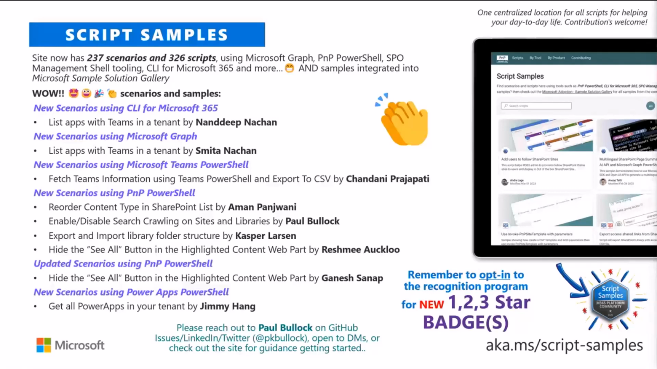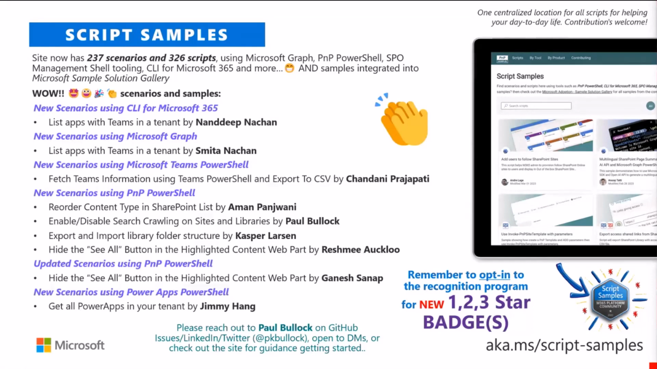So just to run through the list, we've got list apps and teams and tenant by Naveen Rajdev for the CLI for 365 sample. We've got a Microsoft Graph sample, which was a dual submission, which was super cool. List apps with teams in a tenant by Smita Nashan. We've also got new scenarios with Microsoft Teams PowerShell, so fetching Teams information to Teams PowerShell and exporting to CSV